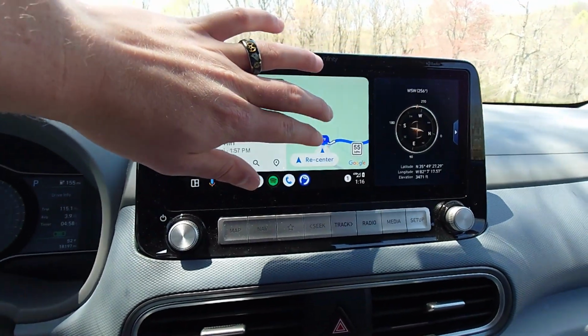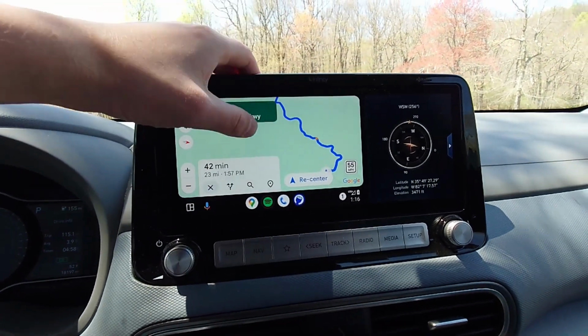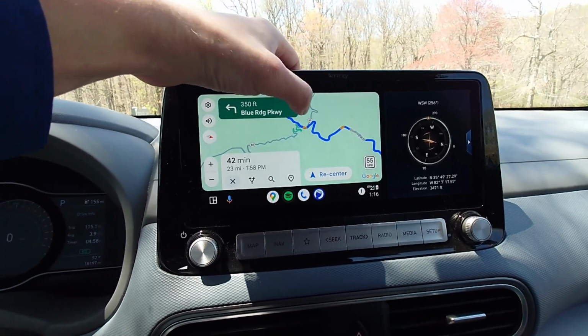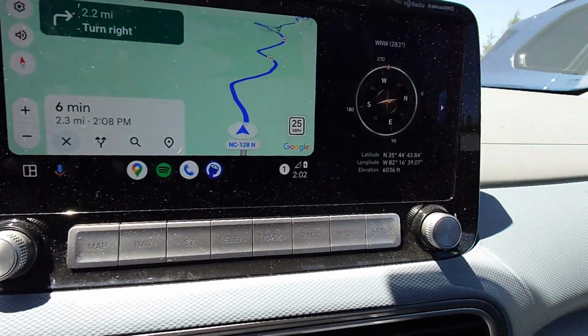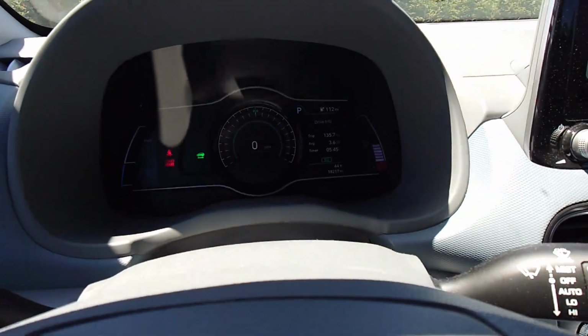These roads are very much windy, as you can see on the map. But we got 23 miles to go. It's saying 42 minutes before we get to our destination. Okay, we are almost done driving to the top. We are at 6,000 feet elevation now, and we have driven